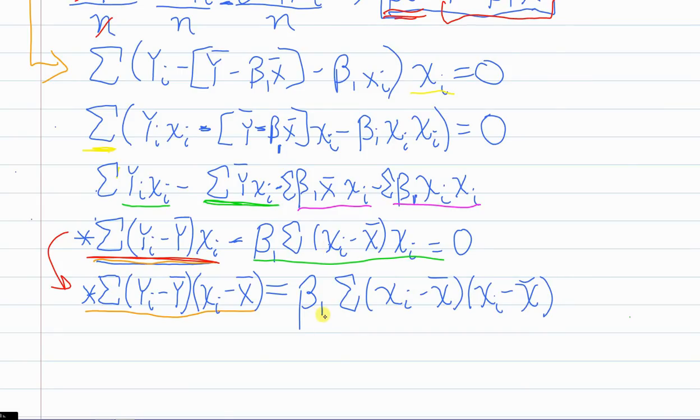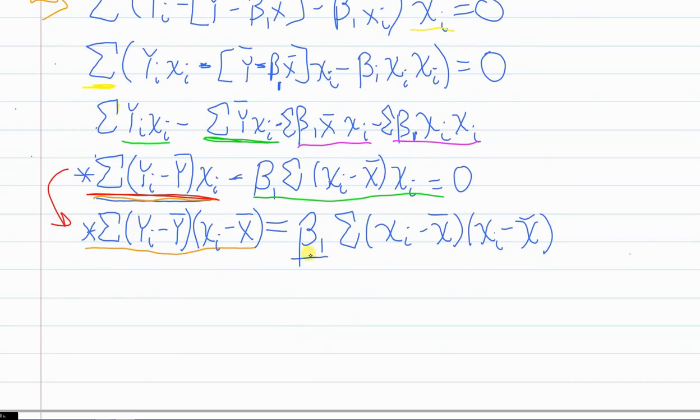All we have to do is now actually solve this equation for beta 1 in a little bit more familiar way. So in order to do that, we're just going to divide both sides by the sum of the xi minus x bar times xi minus x bar. Now this, you'll notice, is xi minus x bar squared, since those two terms are the same thing. And so by dividing both sides, we're going to end up with our familiar beta 1, and now I'll add the hat again. Our estimator for the slope that minimizes the sum of the squared residuals is the numerator,